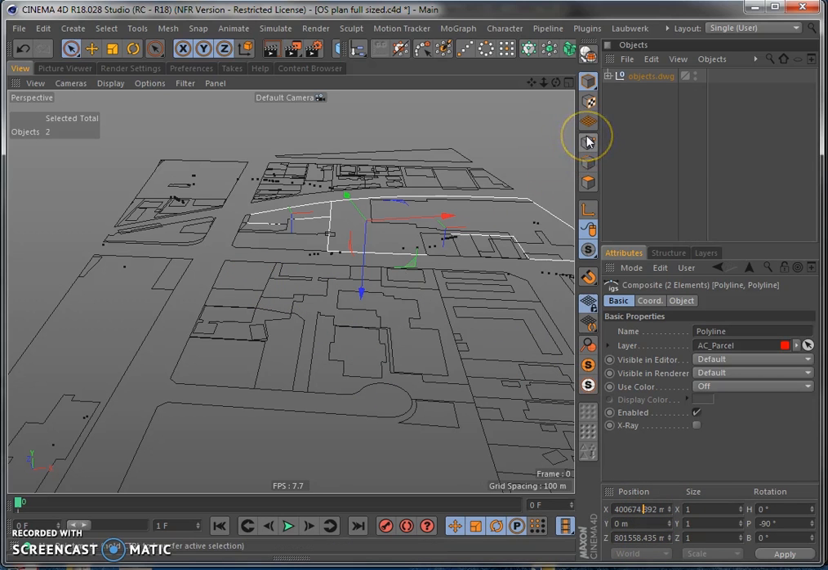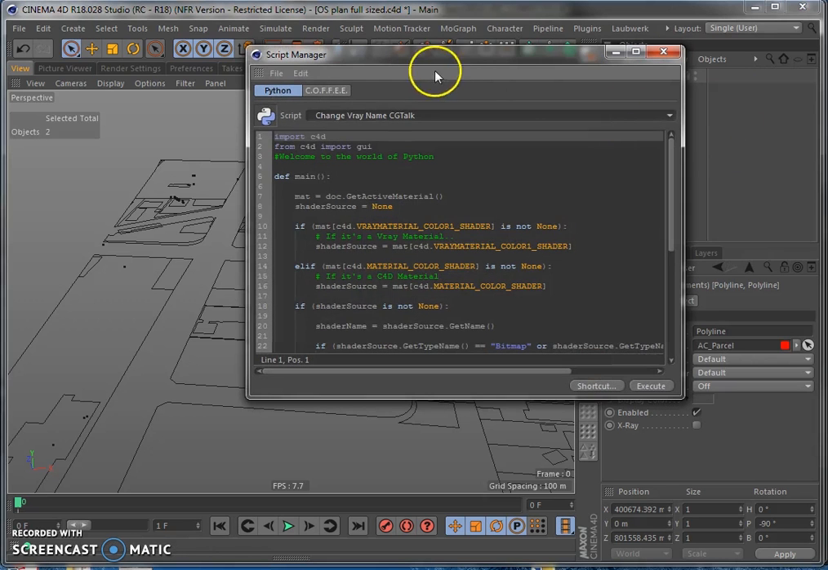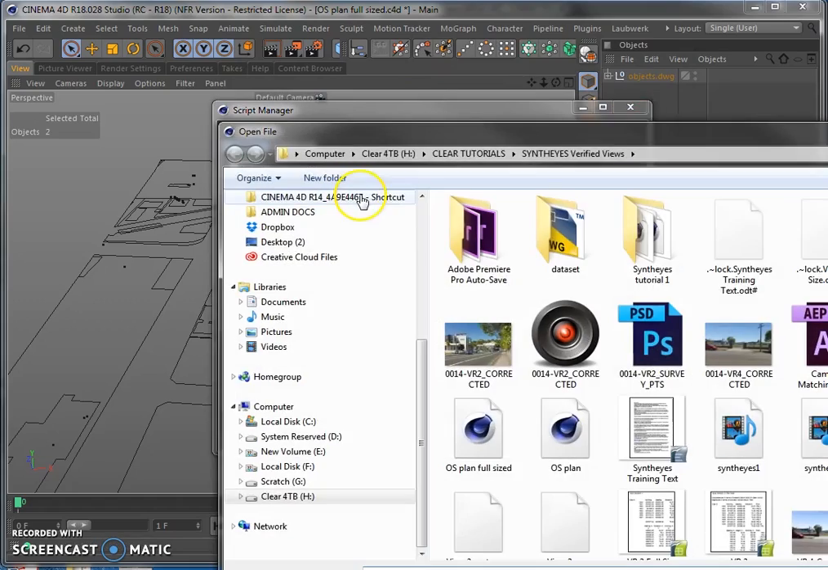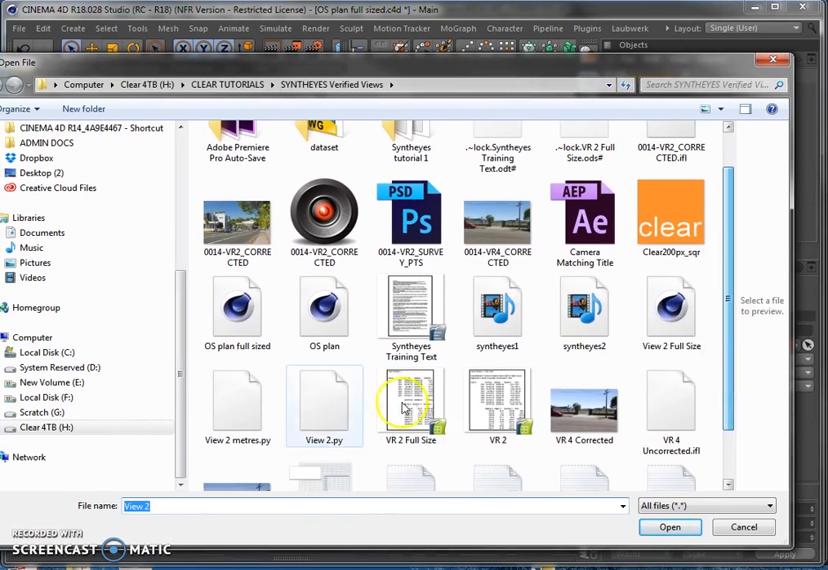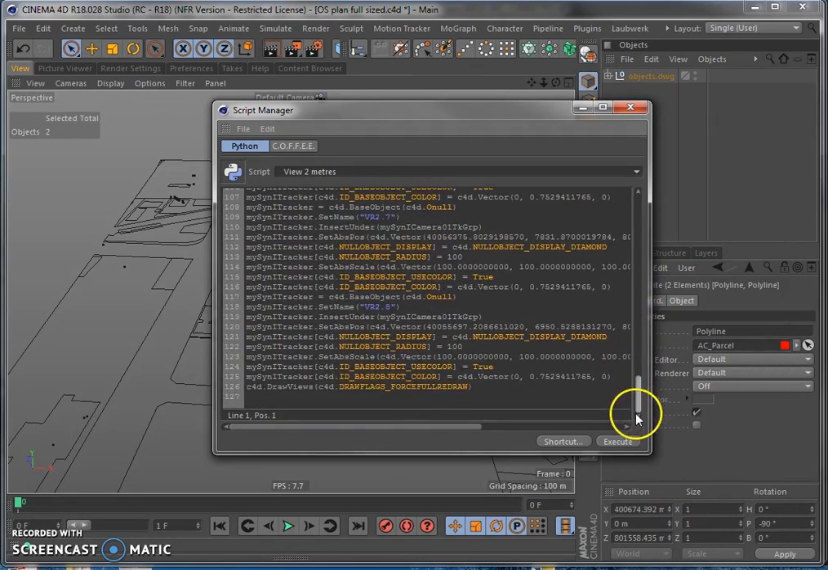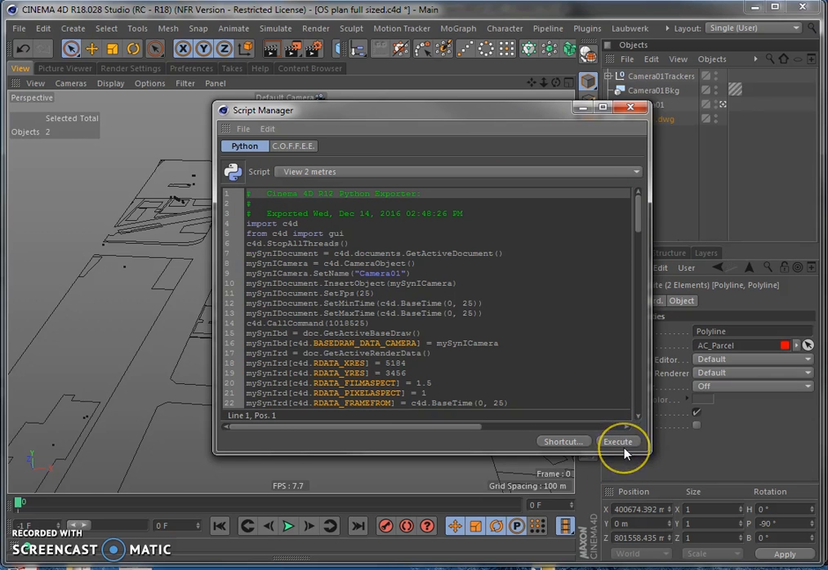So now we need to bring in the survey points and camera from Syntheyes. We'll do that via the script manager, and we locate that script, which was view 2 meters. There we go. And as I pointed out, looking through this, that's the script that Syntheyes generates. So we hit execute,